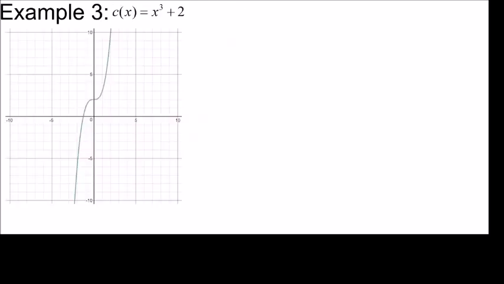I have a third example here. It is x cubed plus 2. Now, if you look to the left and the right of the y-axis, it doesn't appear to be a mirrored image of itself. So this doesn't appear to have symmetry through the y-axis, and it can't be an even function. What about it being an odd function? Well, if we take this function in the graph and flip it upside down,